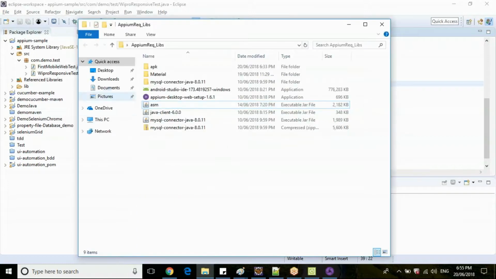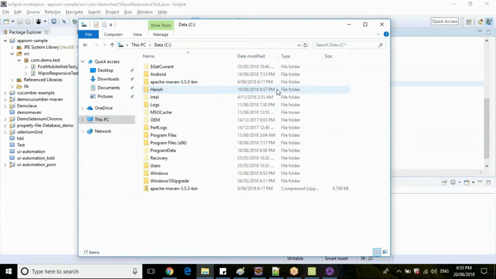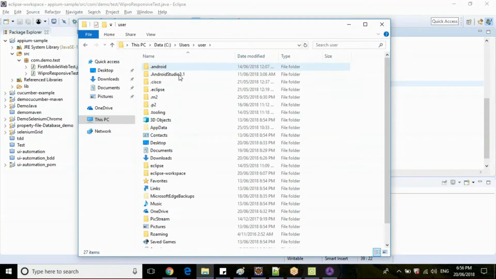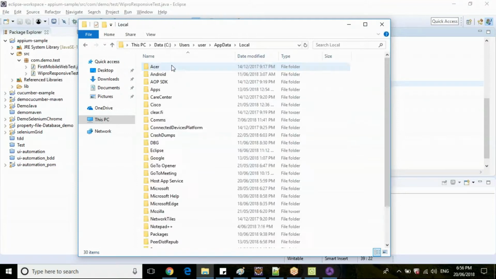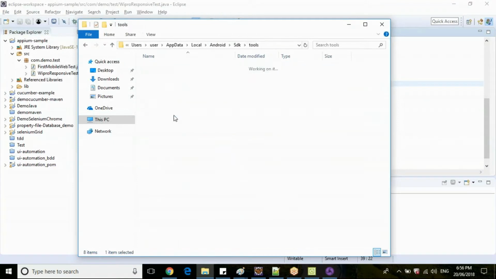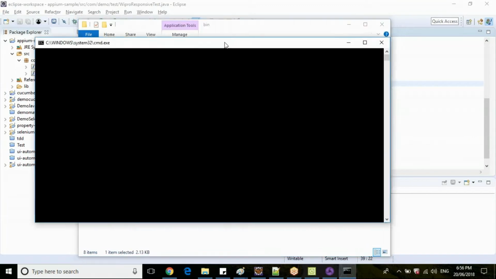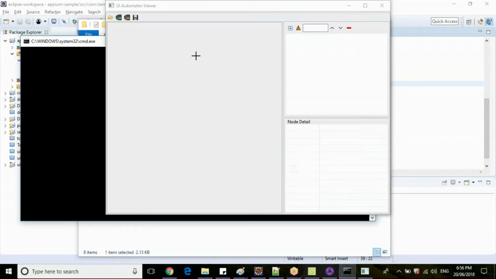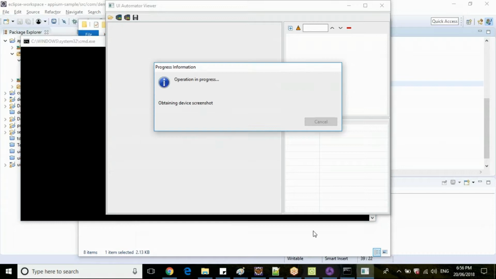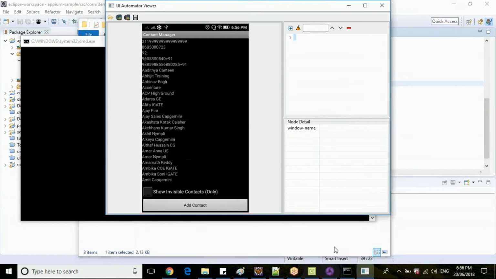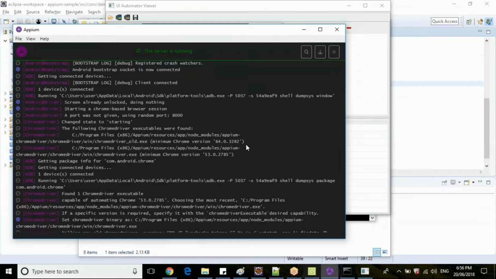If you go to your Android SDK where it is installed, there you will get a UI Automator viewer, correct? Yes, UI Automator. So where is your SDK? Your SDK will be under the Users folder, AppData, Local, Android SDK. Under the tools folder, go to the bin folder, double click on UI Automator. And I just want to highlight one thing, guys, the common issue we face. If I open this UI Automator now, it will fail here because my Appium instance is already running. Okay, I have completed my code.